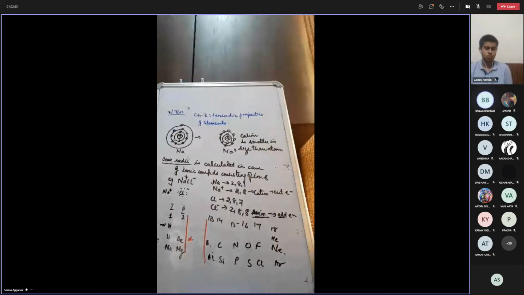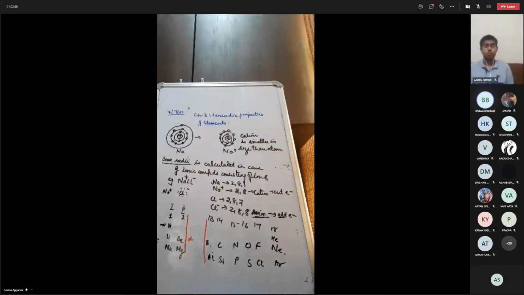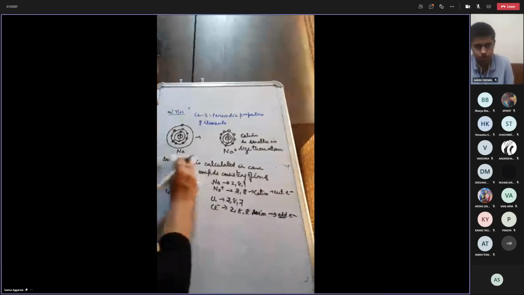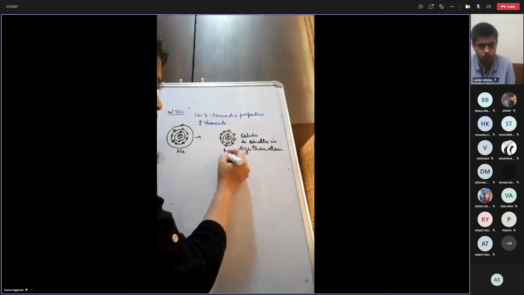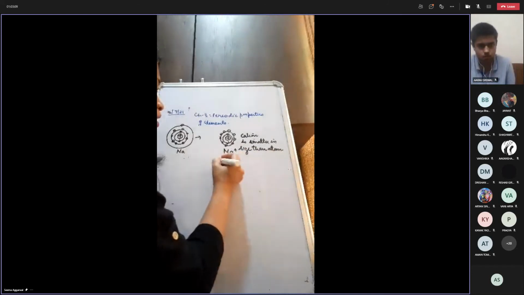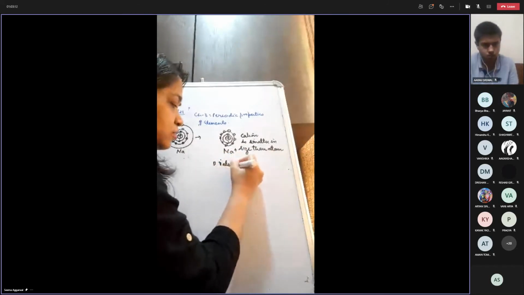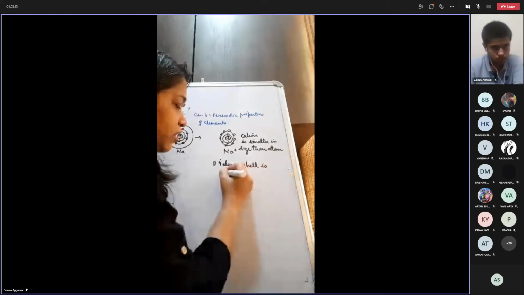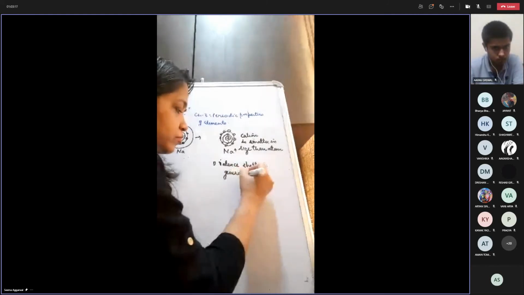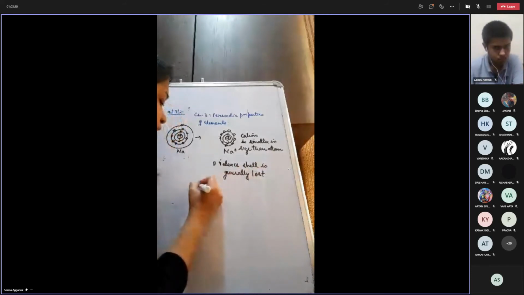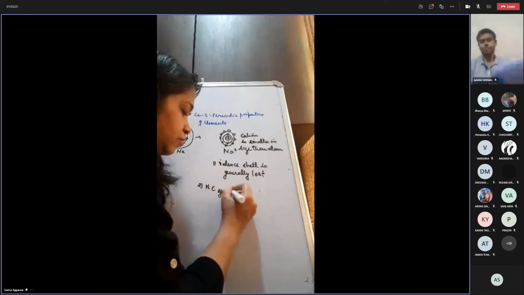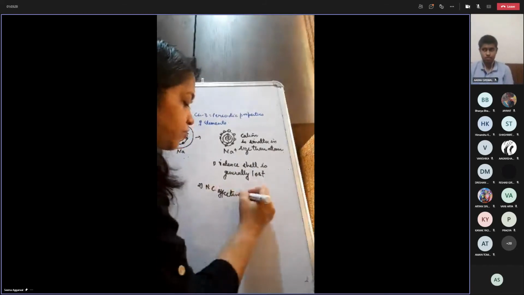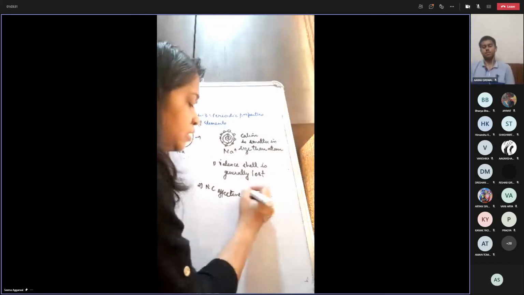Ma'am, because electrons are loose and the paths are not considered certain orbits. Okay, I am only doing this much today, and I will do the rest tomorrow. Right now I have to do the assignment. Cation is smaller in size than atom, because, first point, the valence shell is generally lost. And the second point is that effective nuclear charge increases. I will come to this point in the next class.